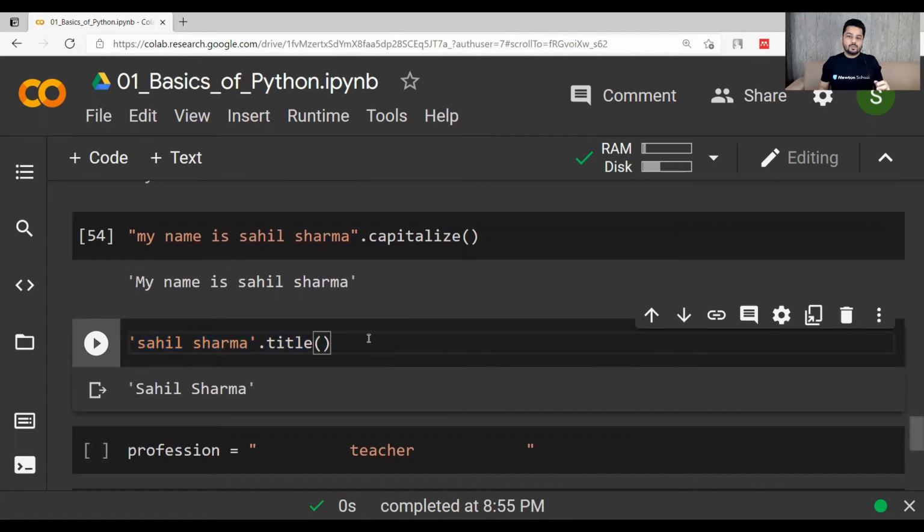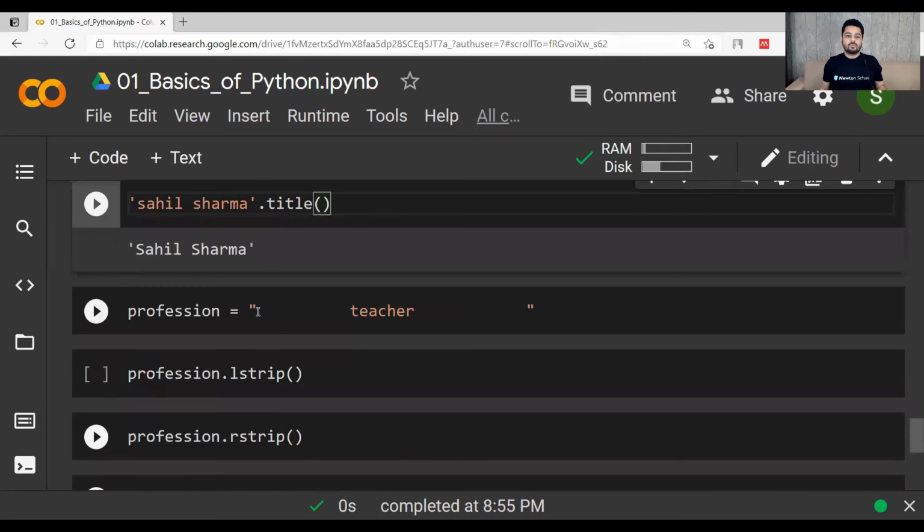I have written this again because this function will be very helpful for you. Let's say you have a data set of 1,000 names, and maybe the names are not written in the format where the first letter of the first name and second name is capitalized. You can combine them into a single unit, and I will teach you how to do that. Then the dot title function can be applied. Let's say there is a list of names, and you can apply dot title on the list. So all the names within the list will be capitalized with the first character of the first and second name.